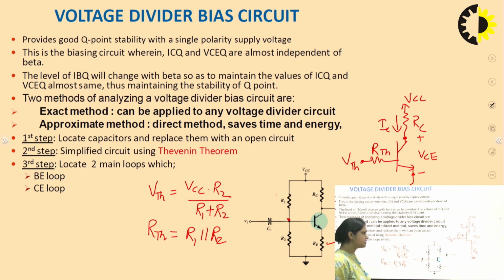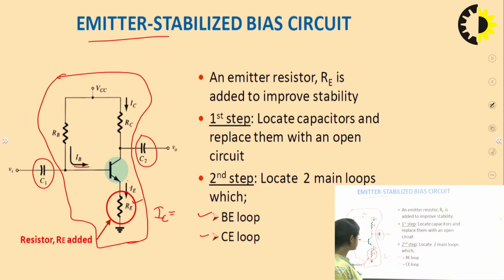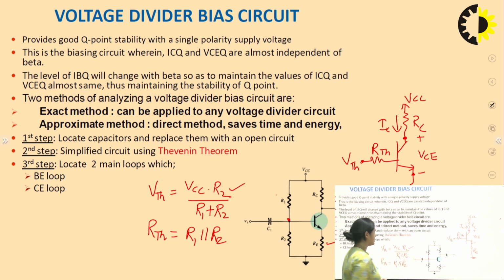And if you compare this circuit, this is similar to the emitter bias. The only difference is that RB is replaced by R1 parallel R2, and this will provide better stability and less area as compared to this circuit, because here this RB is divided into two resistors, that is R1 and R2, and here the supply is connected with the base terminal with the help of this relation between VCC, R1, R2 and VTH.